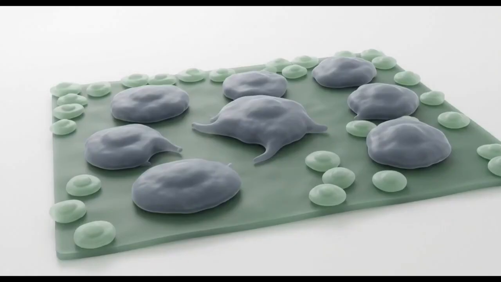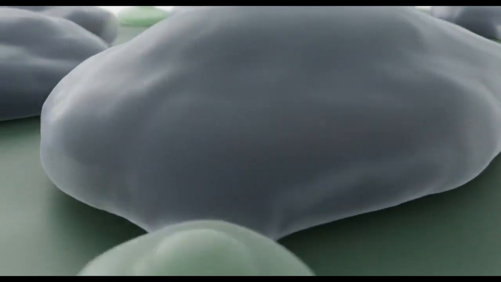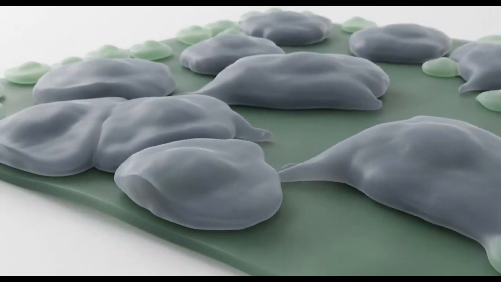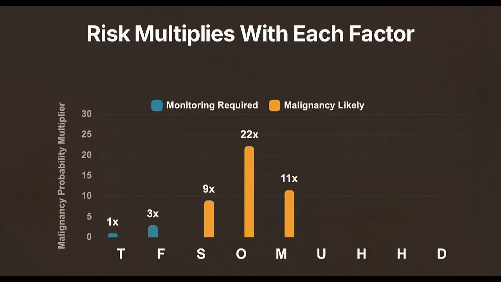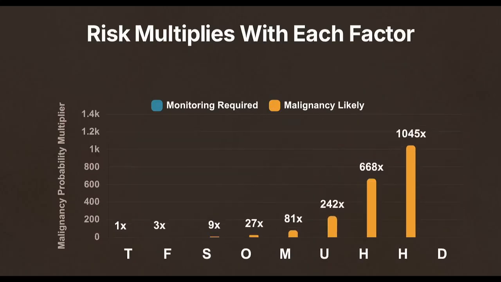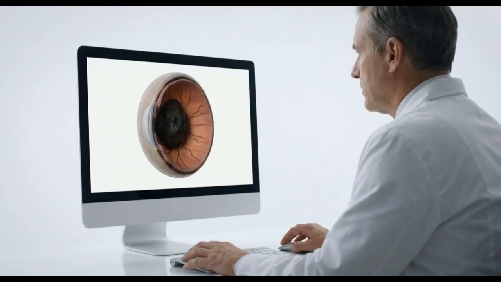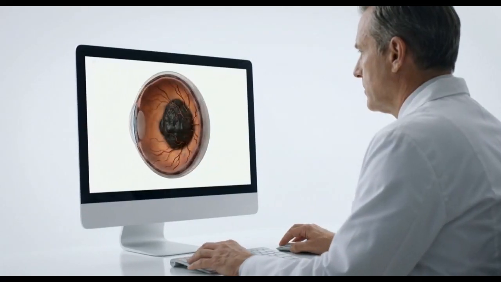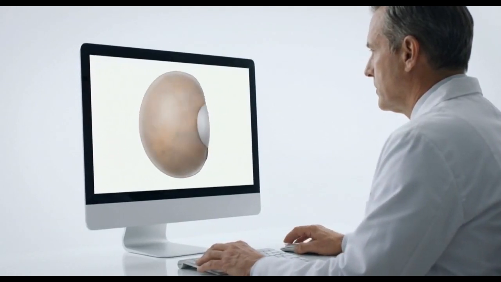Because these markers are typically associated with stable, benign lesions, their absence points toward a more aggressive growth. Statistically, the presence of a single factor warrants monitoring, but each additional factor found multiplies the probability of malignancy by 3. A lesion presenting 3 or more of these factors is highly likely to be a malignant melanoma. The TFSOM-UHD mnemonic functions as a risk stratification tool, allowing clinicians to identify lethal tumors while they are still small